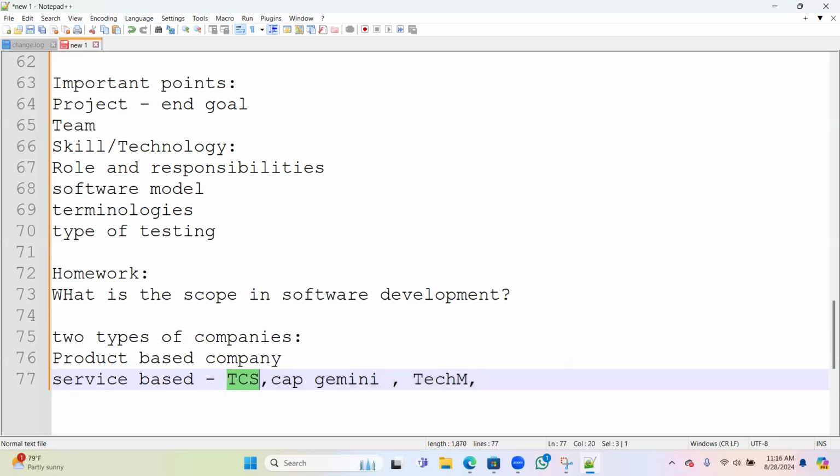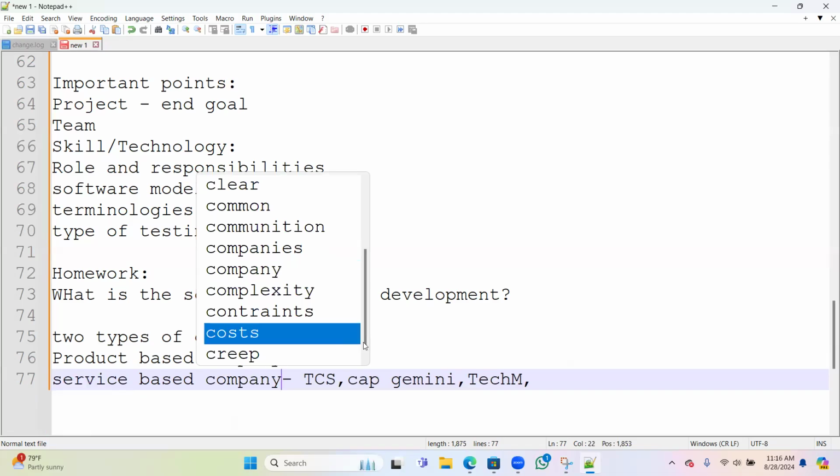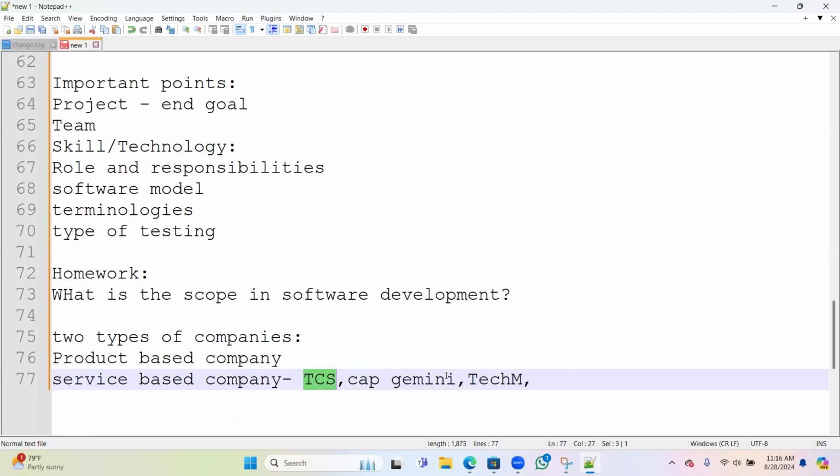They don't have their own product. They have employees, and they give these employees to another company. That comes under the service based company. They hire an employee, train them according to the skill set, and give that employee to another company.